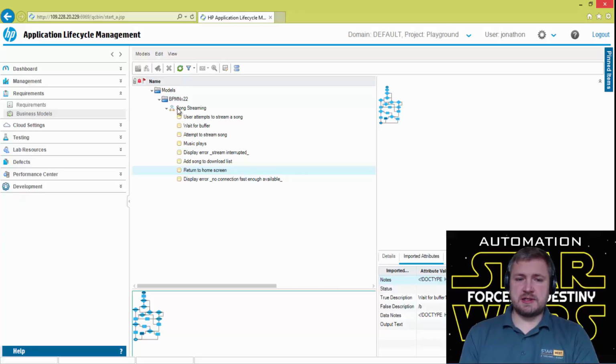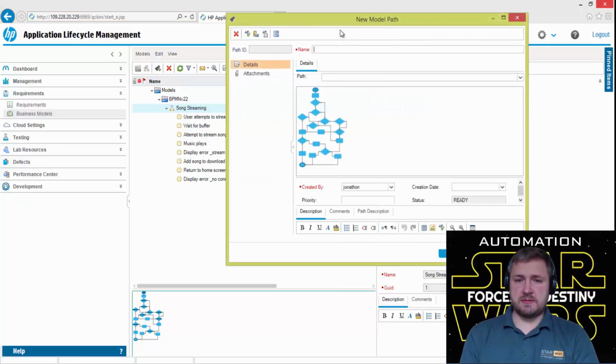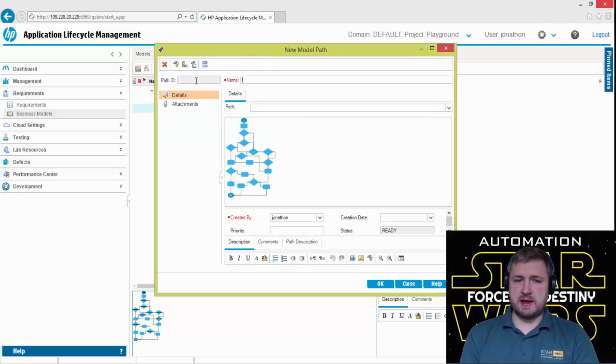And what I would like to do is create a path, which is a route through those BPT components, what I refer to as a business process scenario. So that path has a number of different routes through the application, which I can select. Once I've selected that particular route or path through the application under test, I can then create a test case or link that to a requirement.